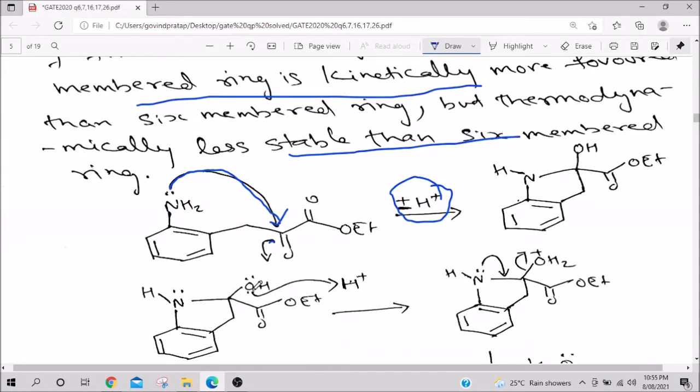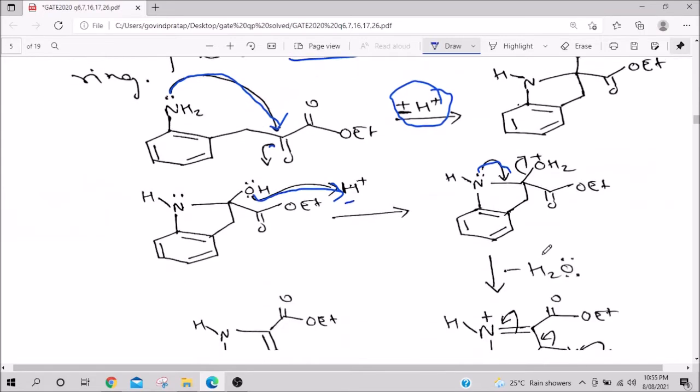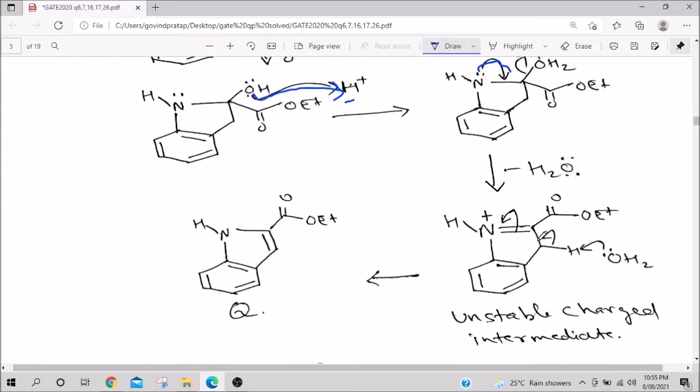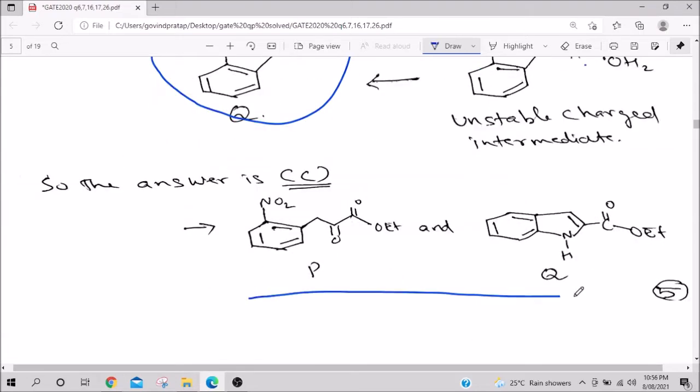Now, OH takes away proton because you have zinc and acetic acid still there. It takes away proton, becomes water. Now, water is an excellent leaving group. Water is very stable, so it is a very good leaving group. So, this nitrogen gives here and H2O is lost and you are getting this kind of molecule, and then again water takes away proton from here, because here nitrogen has positive charge, nothing is stable when they have charge. So, therefore, this proton is lost from the neighboring carbon and then this moves in and this comes up and you get this product. This is the Q, and therefore, the answer is C, P and Q.